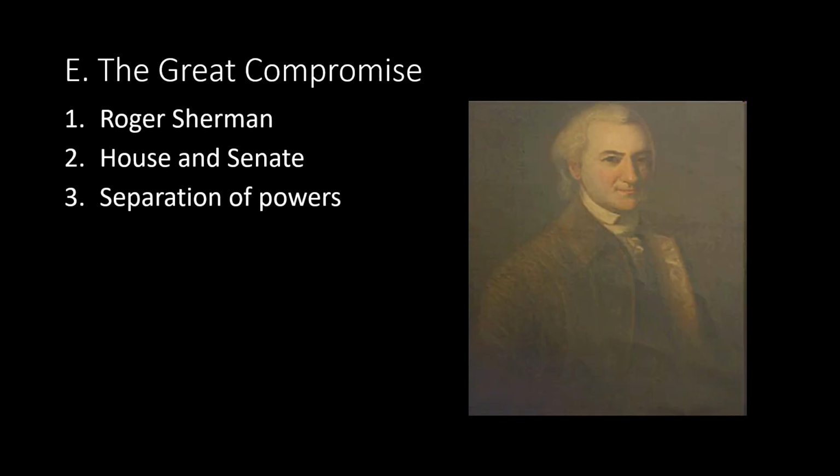The Great Compromise. Roger Sherman of Connecticut came up with the Connecticut Plan or Great Compromise, the end result of the debate between the Virginia and New Jersey plans, which seemed to be going nowhere. The plan provided for a two-house Congress, which the Virginia plan called for. Each state would be given equal representation in the Senate, 2 senators, but in a larger body, the House of Representatives, each state would be represented according to the size of its population.